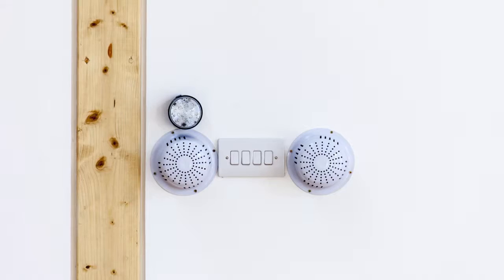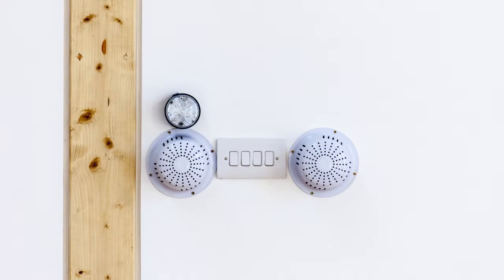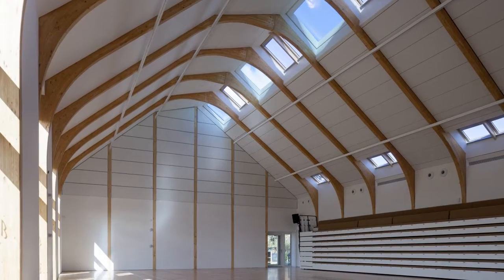And we're really looking forward to the fact that all these little gizmos which are protected by cones up and down the building are not necessary for the running of the building. These are all to monitor, which is being done by Tensor in huge detail. All the way through the slab, we've got monitors at different levels, and all the way through the roof construction, so that I hope the data we get from this building over the next few years will be able to inform the trade and the profession as to